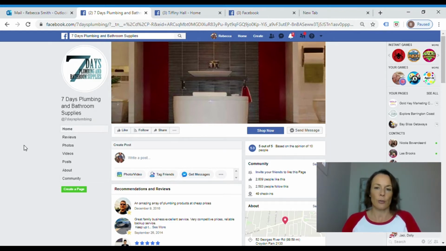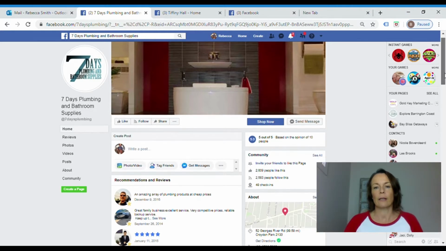They've got 2,600 people liking the page. So you'd think they'd have some idea of what they're doing when it comes to their advertising, but you may actually have someone that you follow, either a person or a company within your industry that you look up to and you think are doing a great job when it comes to their social media or their business in general. So what you do is you come to their page, basically scroll down to this area